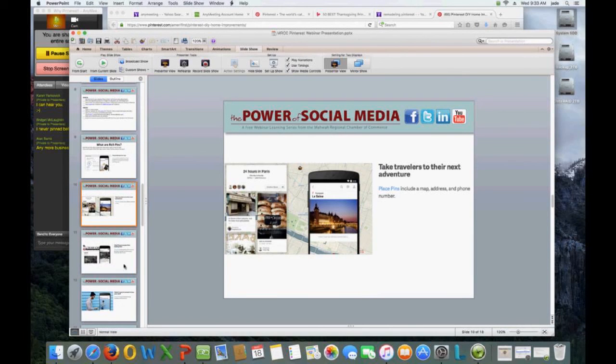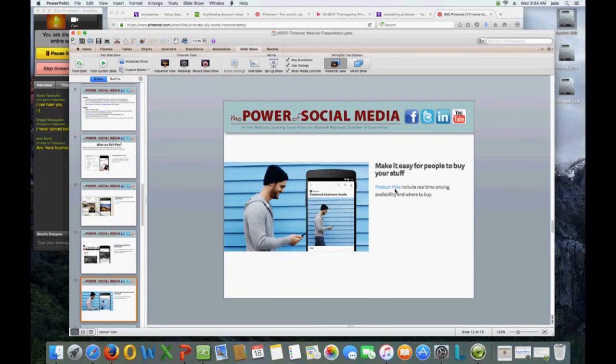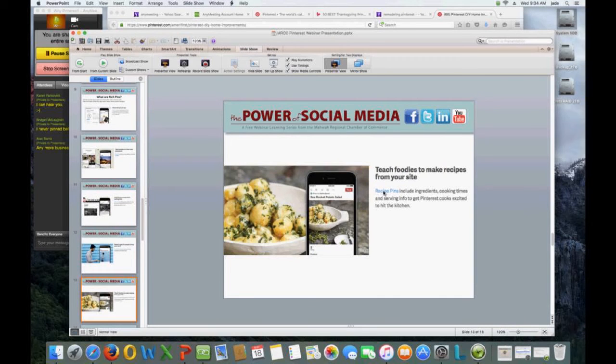You can definitely do article pins, which include headline, author, and story description, helping pinners find and save stories that matter to them. You can have product pins, which, if you have products on your website, are pinnable, it's very easy. And recipe pins include ingredients and cooking time. So let's go do the rich pins.